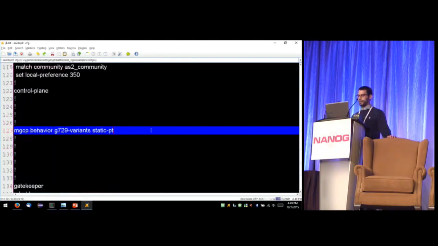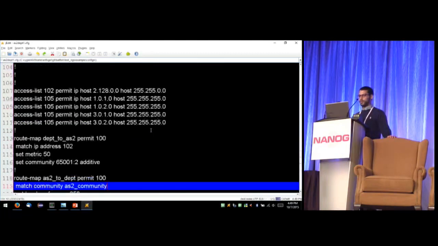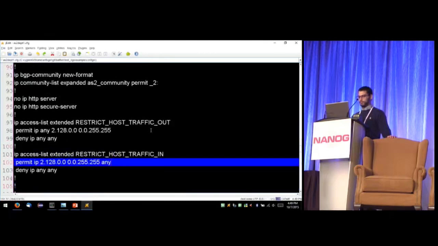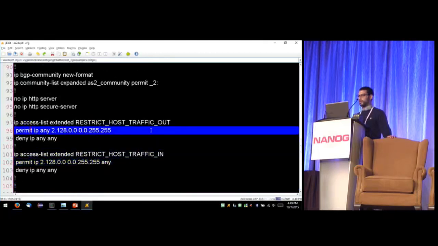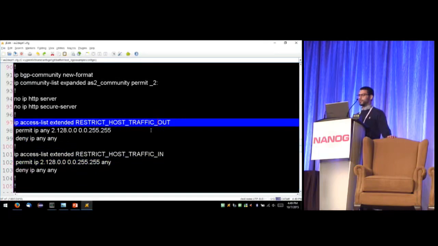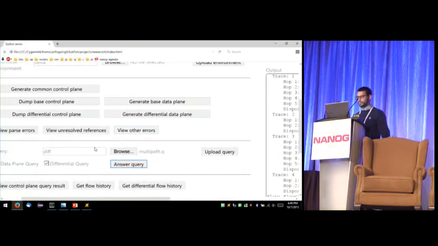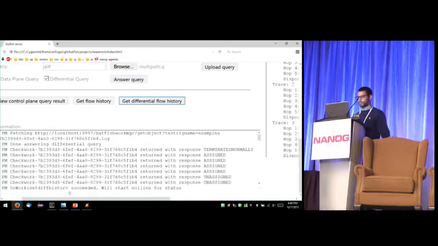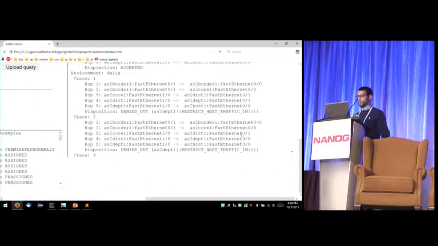And in fact, there is an ACL defined to do just that in this file here, restrict host traffic out. So to fix this, the operator makes an assignment of that ACL in the outgoing direction on that interface. And let's see what happens. So what we see on the right here now